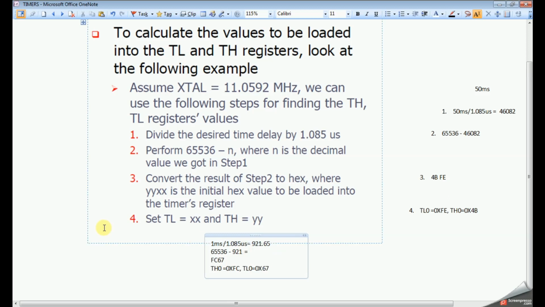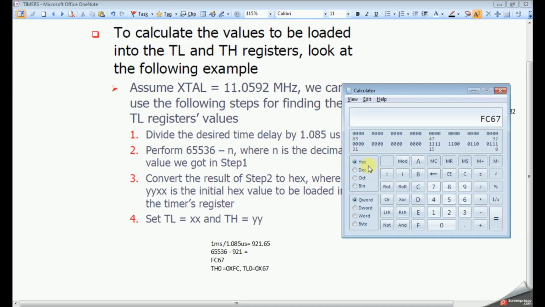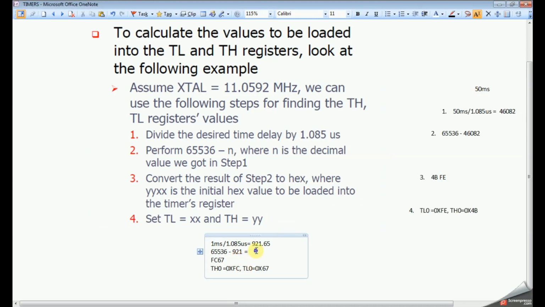That's the value we have to load. So like this we can generate any delay and any frequency. These values we are going to give in our program.